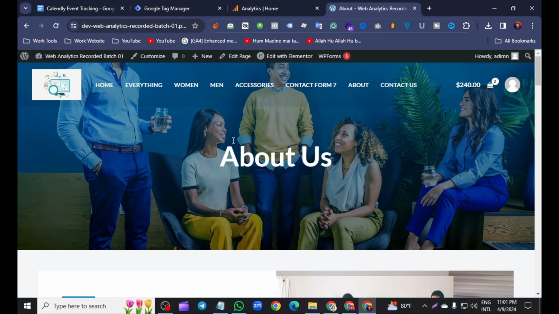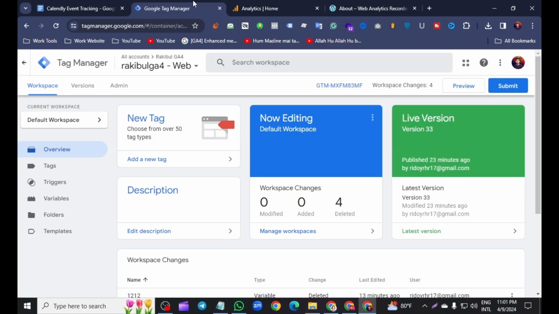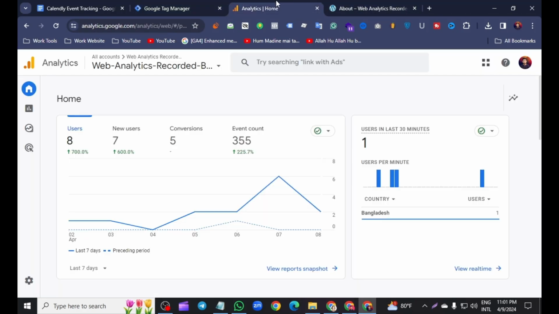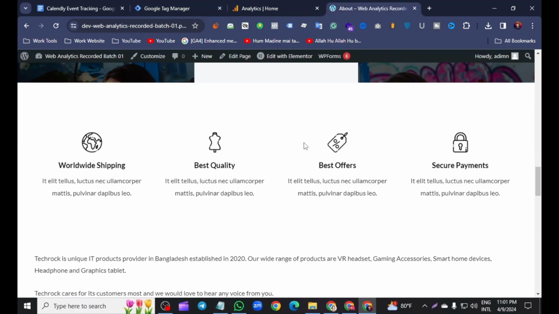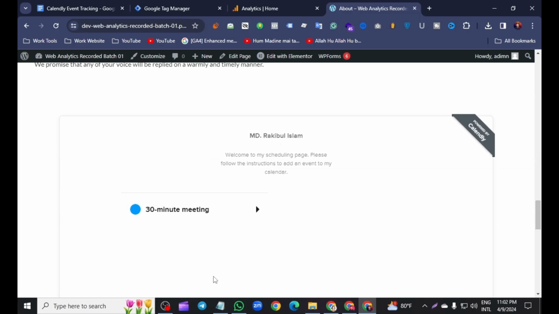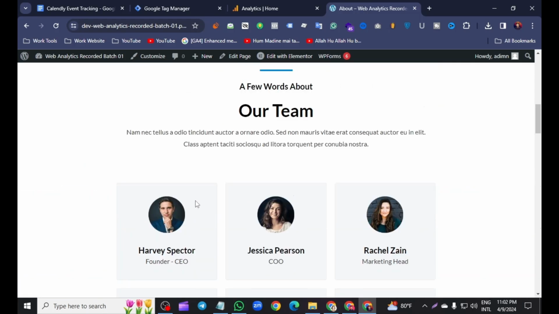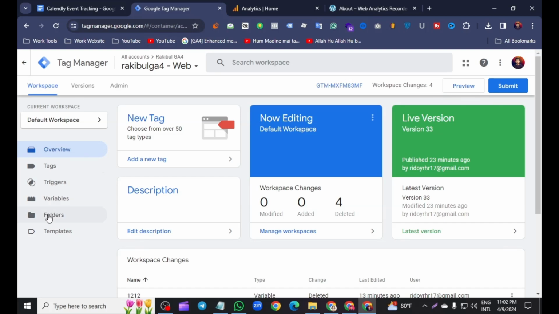So first of all, look at that, this is my WordPress website. Before we start our tracking, connect Google Tag Manager to our website and connect Google Analytics 4. I hope you can do it. Just scroll to the about section and look at that, this is our calendar form, and today we will track it. First of all, go to Google Tag Manager and select the tags option